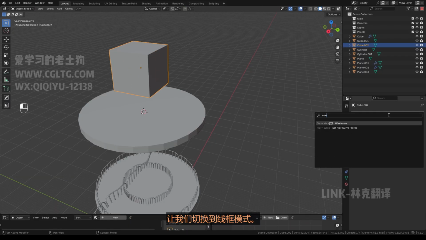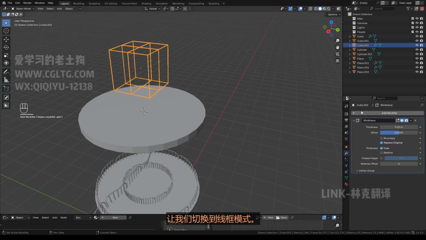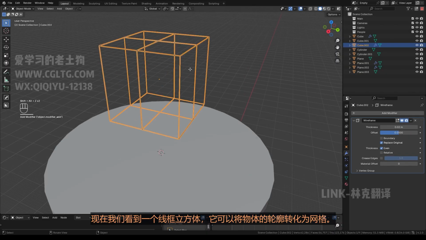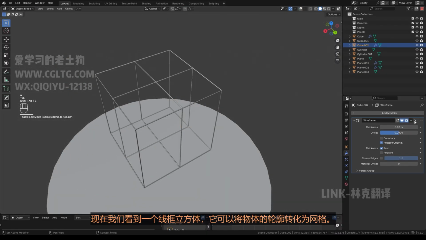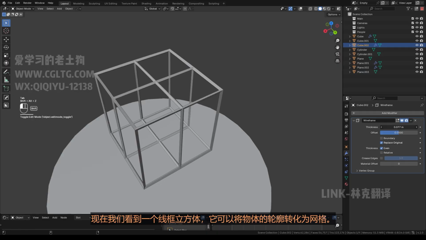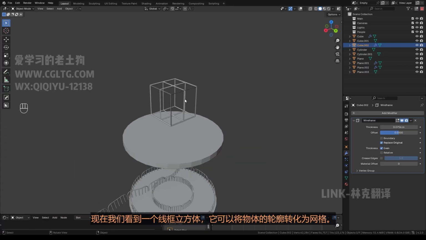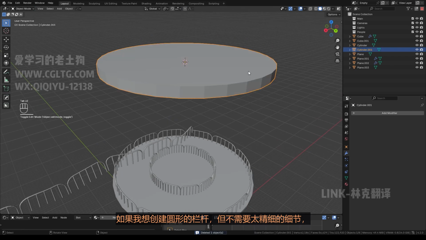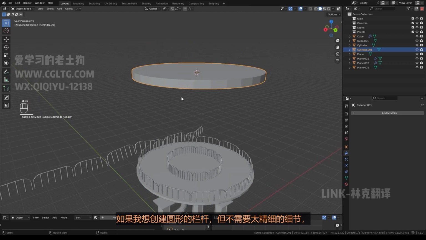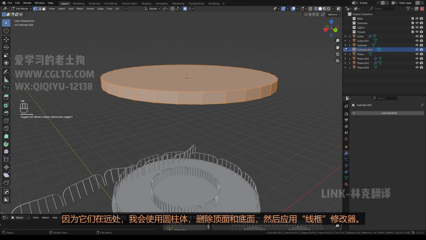So let's go into wireframe. I have my cube with this wireframe, and what the add-on does is it gives you the ability to create a mesh out of your wireframe. So if I want to create railings that are circular, but I don't need them to be really detailed because they're far away, I'll just